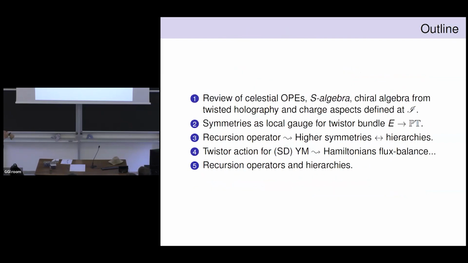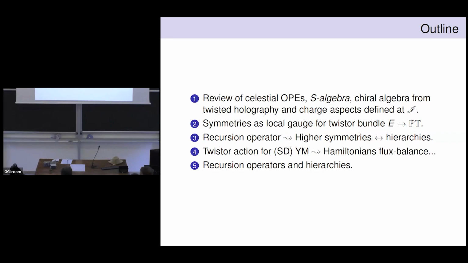Okay, so the structure of this talk is that I want to first of all review the developments from celestial holography. I want to review the celestial operator product expansions that lead to the S algebra, which is the Yang-Mills version of the celestial symmetries. And I want to review, at least briefly, how these things play a role in twisted holography of the form set up by Costello-Paquette, and also how they can be encoded in terms of hierarchies of